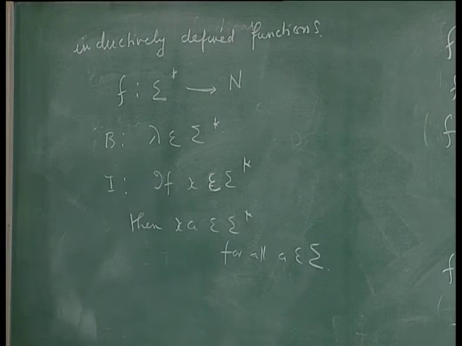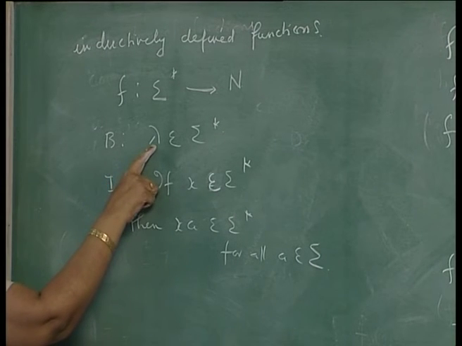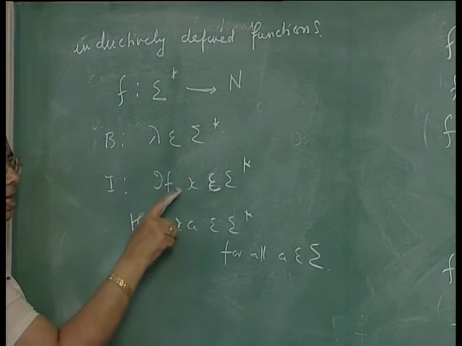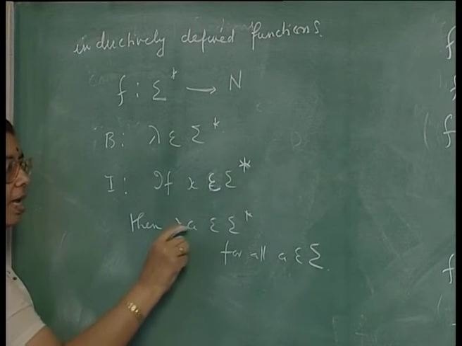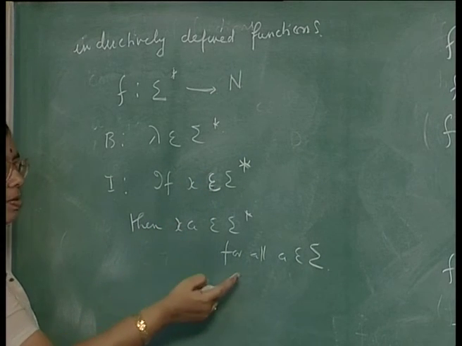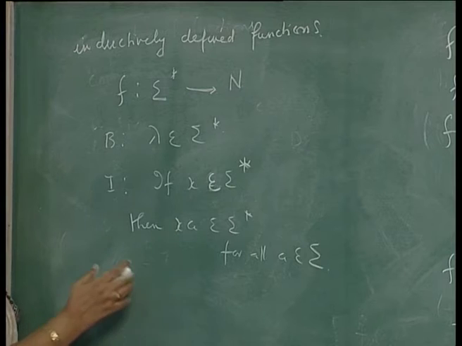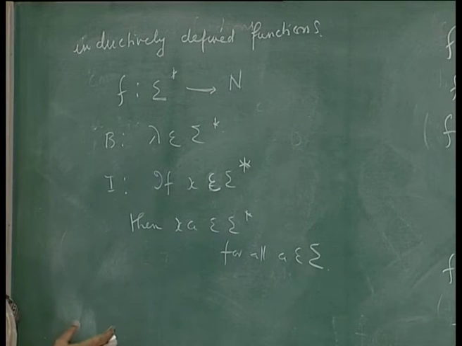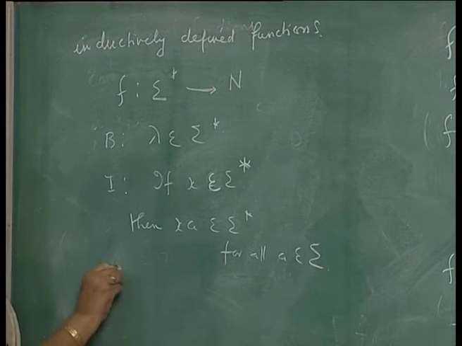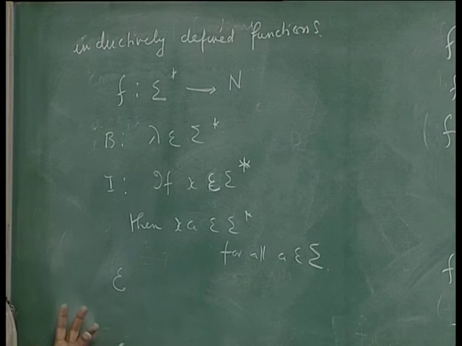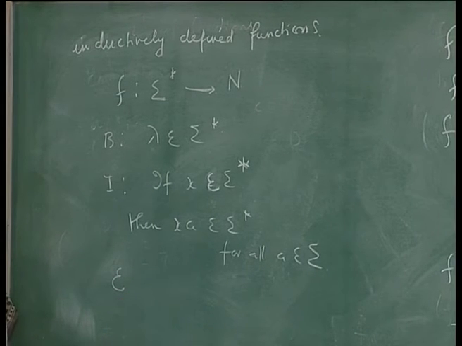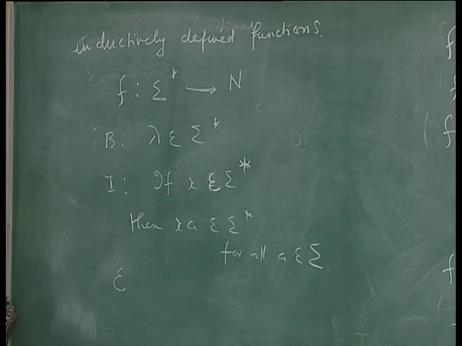Lambda is the empty string and x is some string. Lambda is a string of length 0, it is the empty string. Then if x is some string belonging to sigma star, and a is one alphabet, then xa belongs to sigma star for all a belonging to sigma. This is the induction class. This shows how to build more and more elements of the set from the basis blocks. Now, in a set you also have the extremal class of definition, that is, all the elements of the set are formed like this and no other elements are formed, or this is the smallest class which is defined in this manner. We have already seen these things.